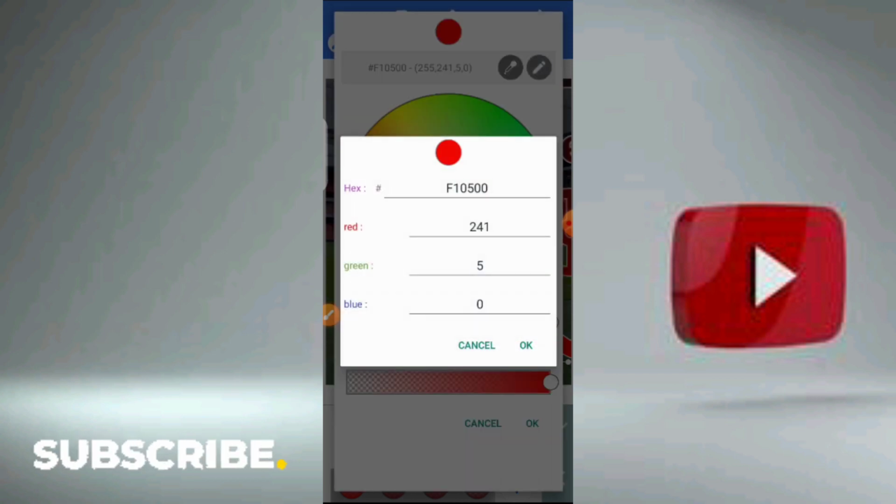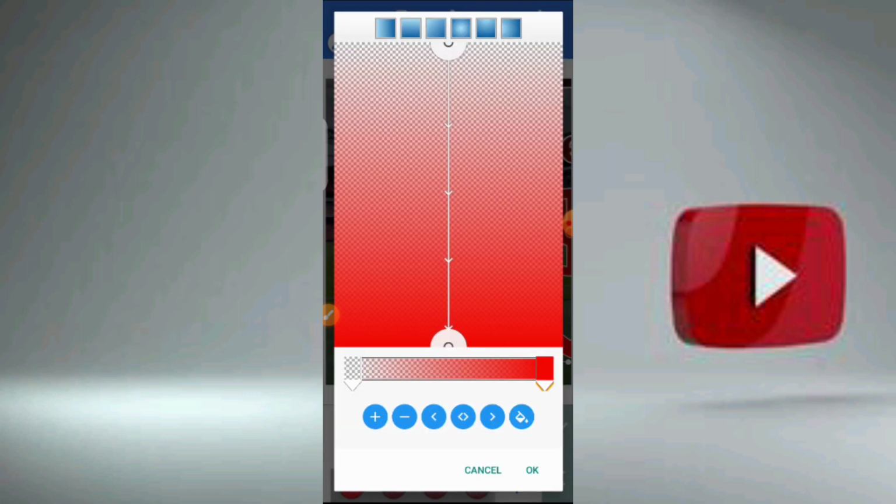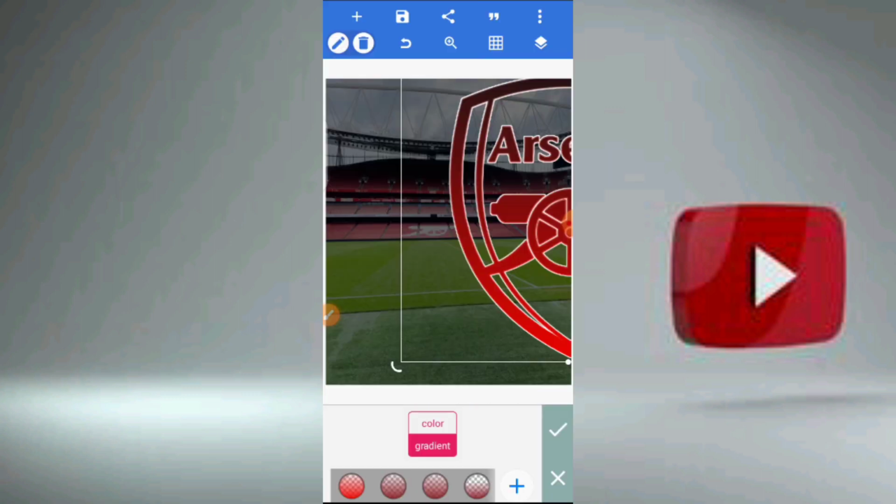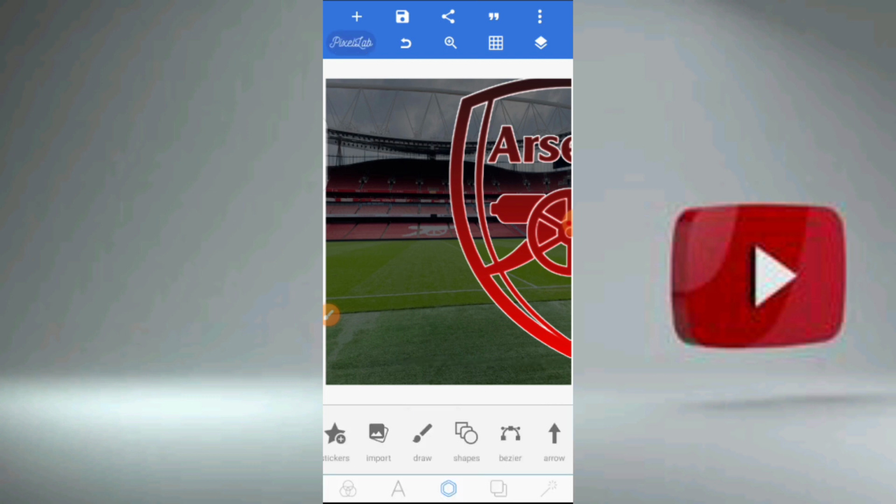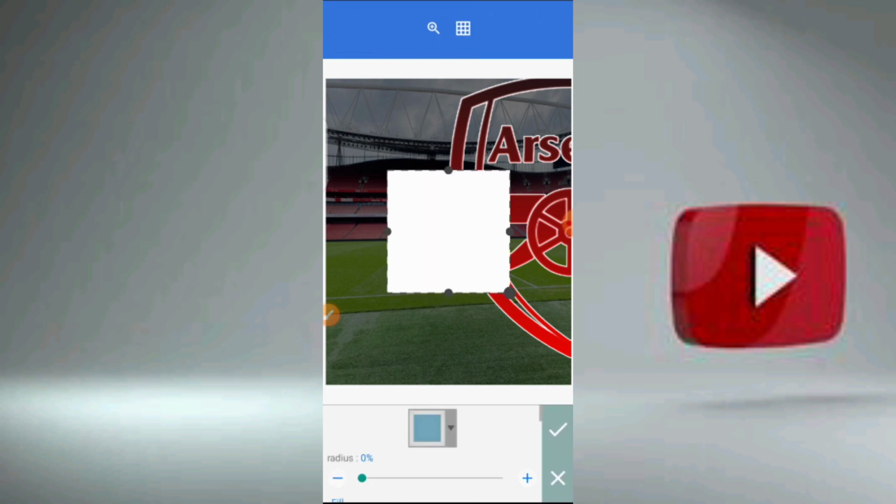As you can see, red is 241, green is 5, blue is 0. So that's it. Then you can get the darker color side, the other side, and the dark one too as well. As you can see, the light red and the dark red. Then let's continue. The next thing now is to click on our shape tool, then click on the shapes tool as well,